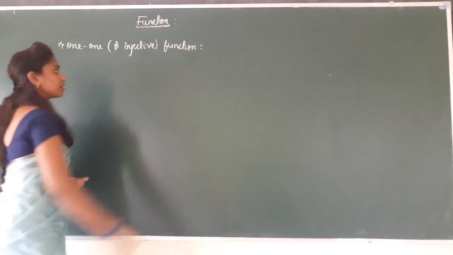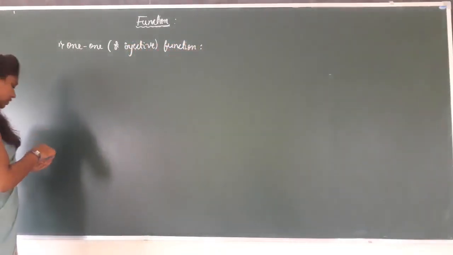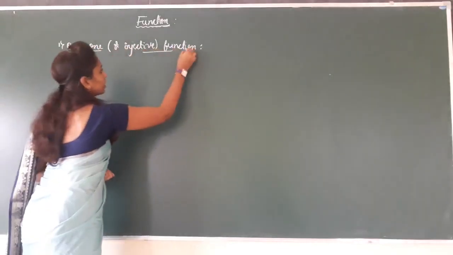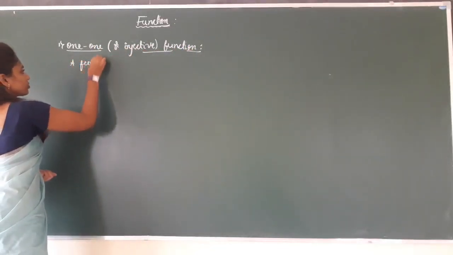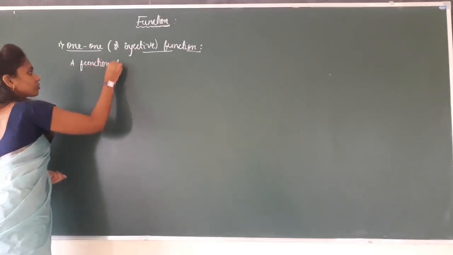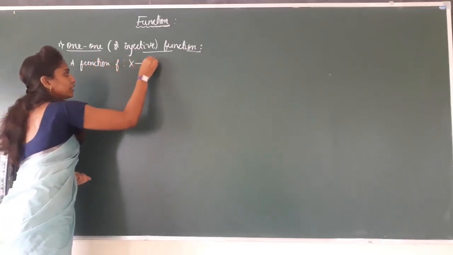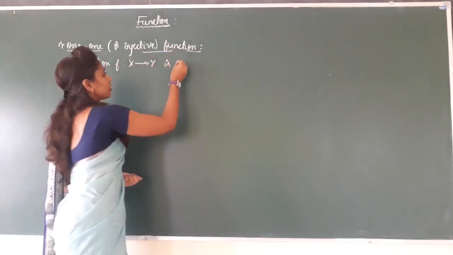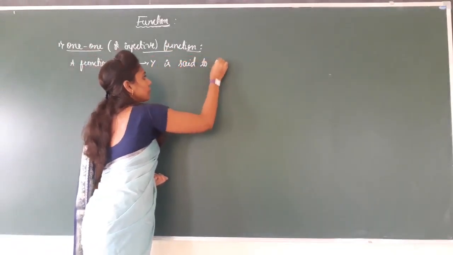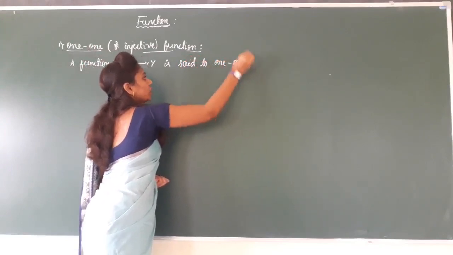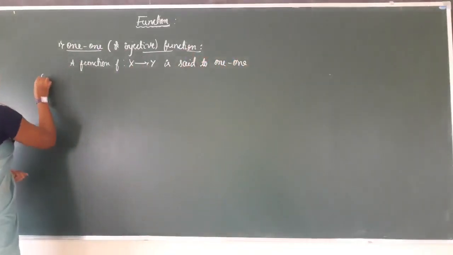The definition of one-one function is: f from x to y is said to be one-one or injective,